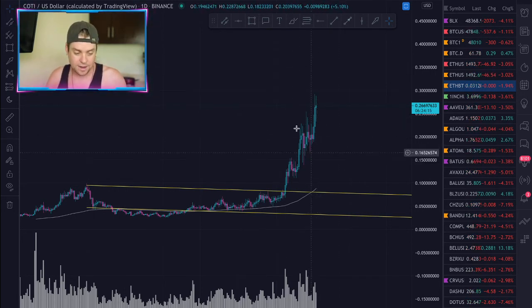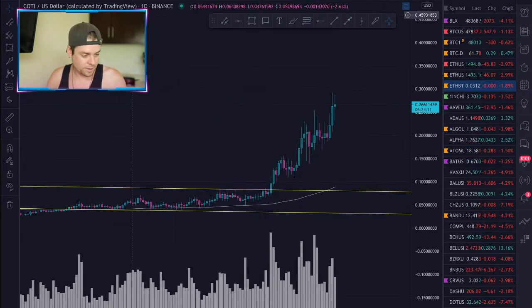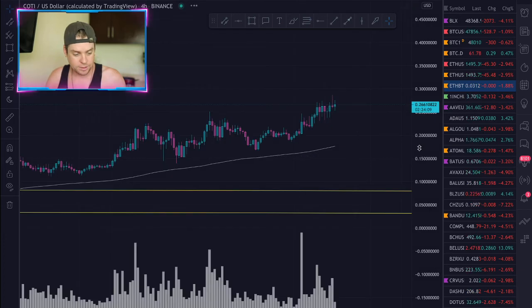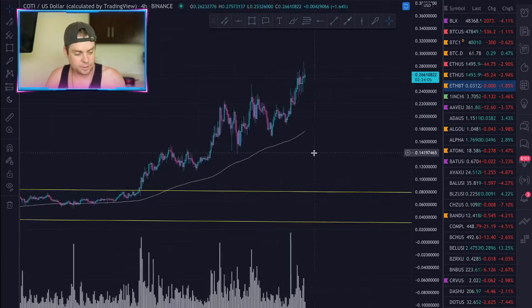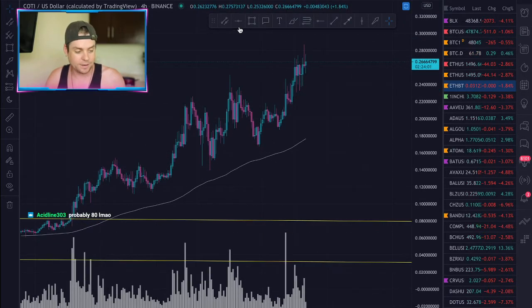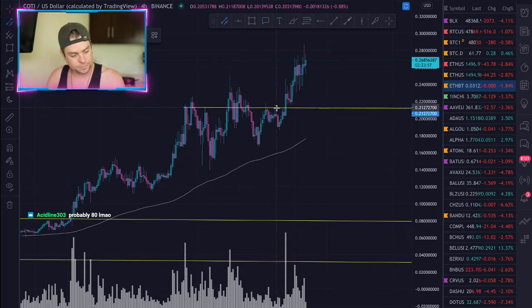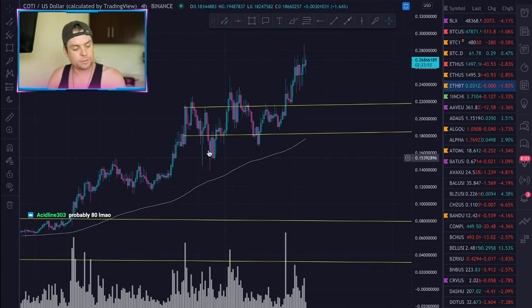You could have had another short-term intraday trade down in this area back here, but you didn't take the intraday trade. Look for the trading range. Look for the trading range. If you can't get in on the trading range, you can't get in. End of story. You're going to get wrecked. You're going to lose your capital. Don't get wrecked. Don't lose your capital.